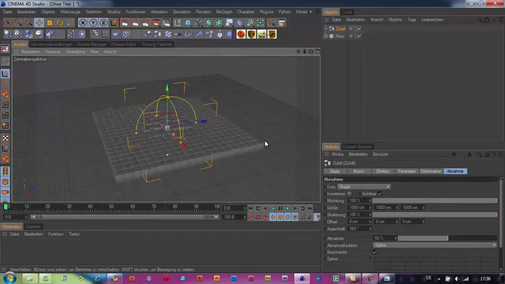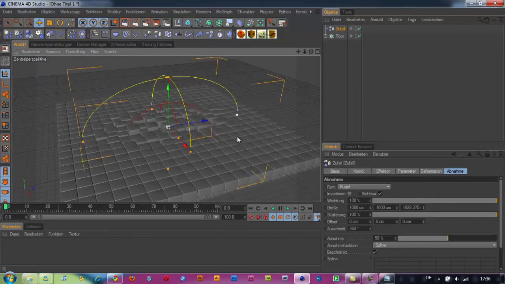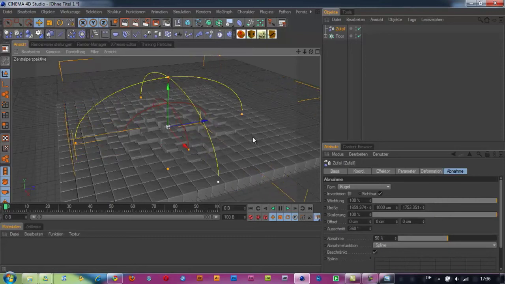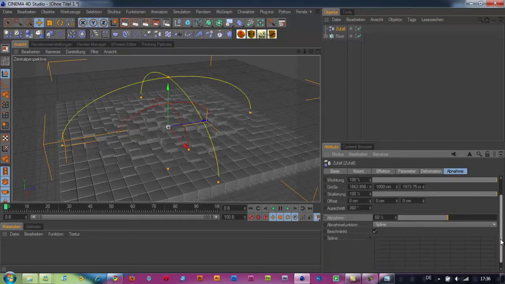Bam. Still too small. If you want to do it manually, just pick the little orange squares, see here, and drag them. Now you want to make it a bit bigger, just like that. Now here, I don't know what it's called in English. I'm sorry for that. I hope you find it. Also under the last tab, just